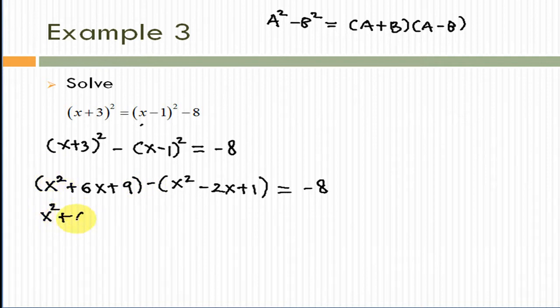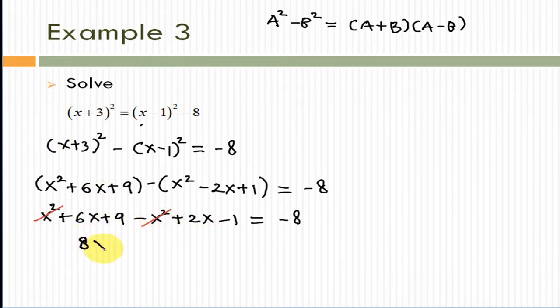So x squared plus 6x plus 9. Now this negative is in fact a negative 1. If we use the distributive property, negative 1 times x squared is negative x squared, negative 1 times negative 2x is plus 2x, negative 1 equals negative 8. Okay, x squared minus x squared is 0, so we can cancel that x squared with that x squared. 6x plus 2x is 8x. 9 minus 1 is 8